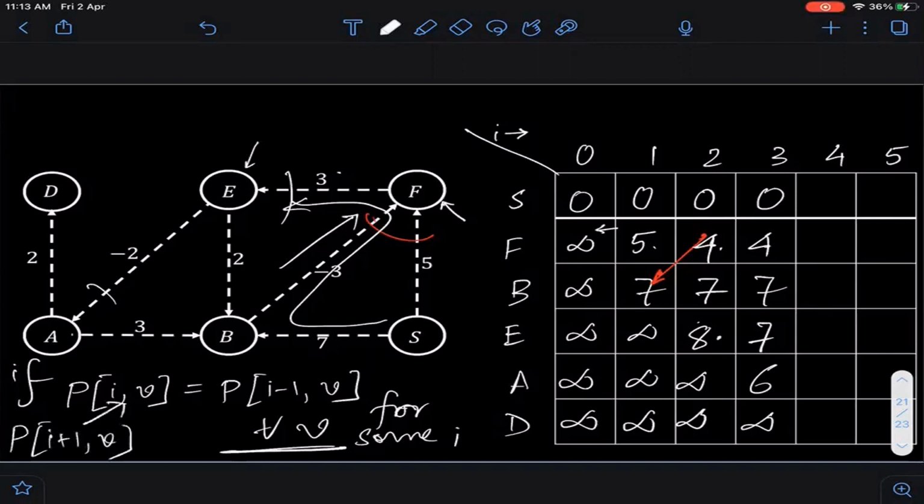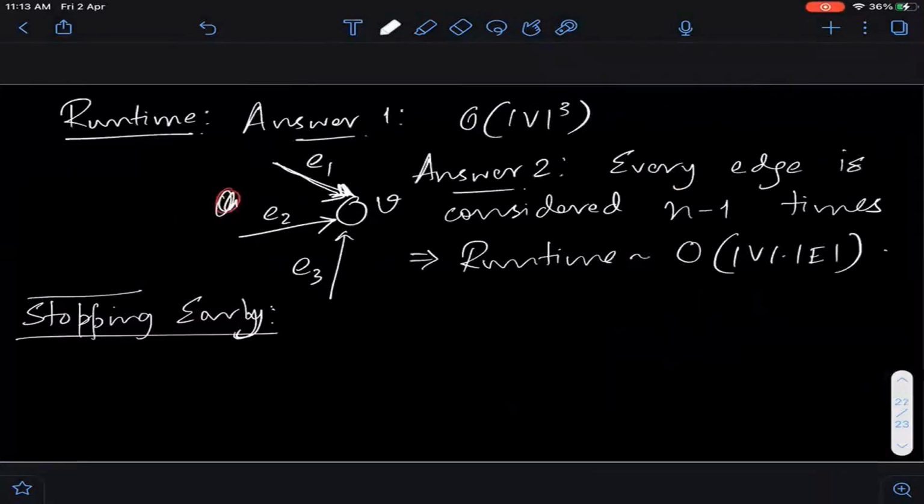वो यही वैल्यू इनहेरिट कर लेगा फिर से, क्योंकि रिमेंबर देयर वर नो अपडेट्स इन योर लास्ट कॉलम. So the last to last column and the last column is looking exactly the same. तो अगर ऐसा situation हो गया in your algorithm, then you can just stop. You don't need to run your algorithm till the end. Yeah, because the same values are going to be copied again and again and again. So that's a wastage. Yeah, everyone clear?